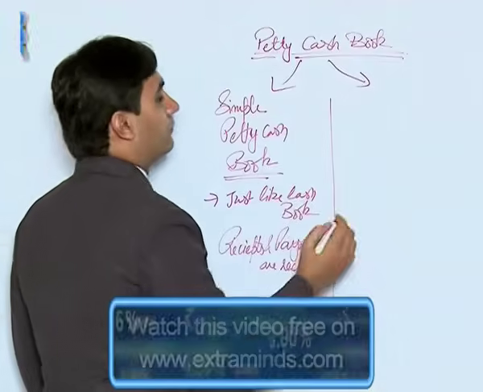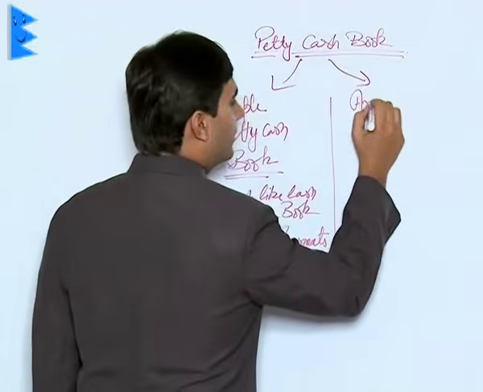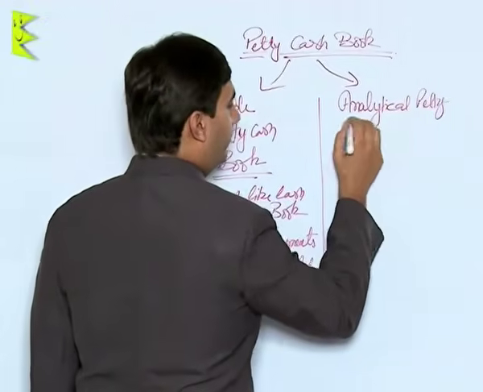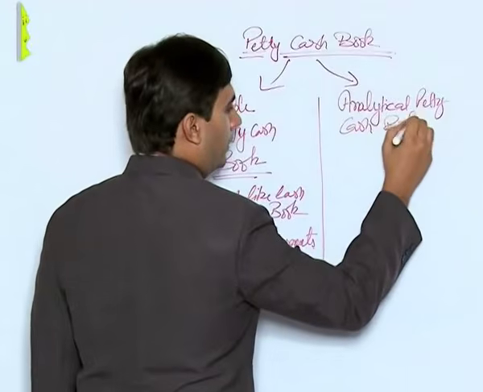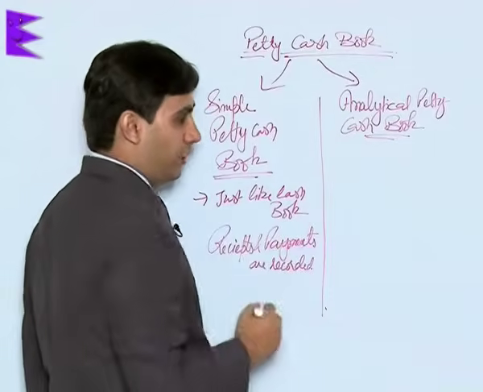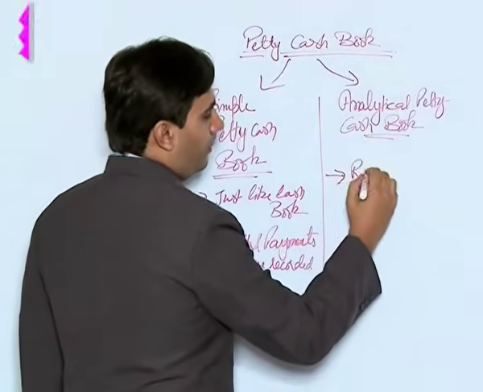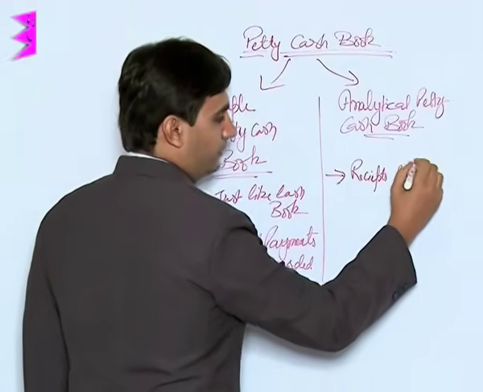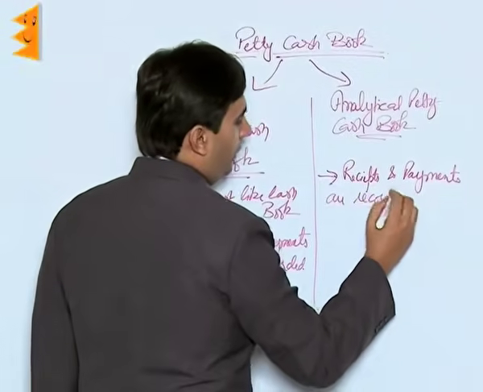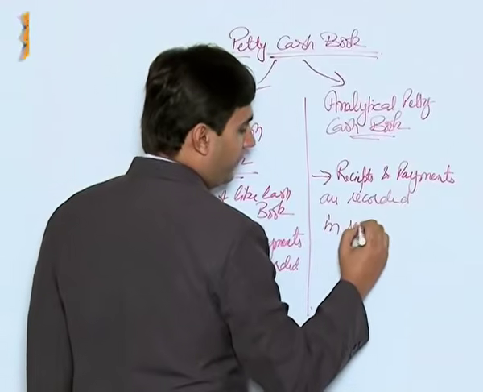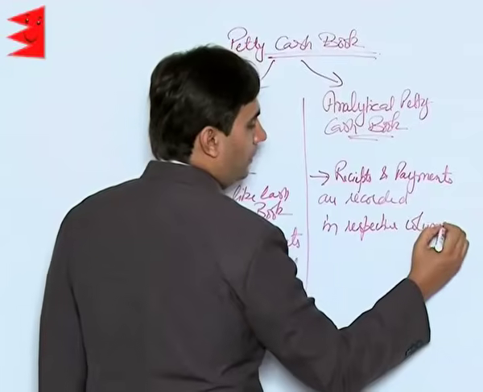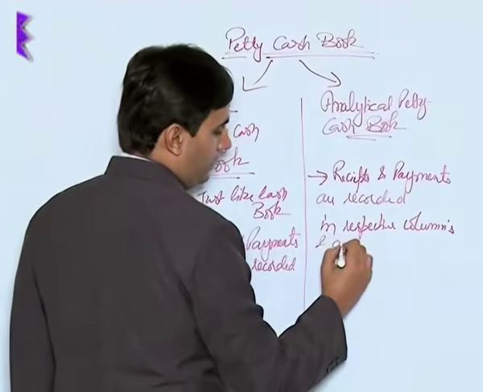Whereas there is another kind of cash book which we refer to as analytical petty cash book. In this kind of cash book, the amounts are recorded in their respective columns. That is, receipts and payments are recorded. Payments are recorded in respective columns as well as